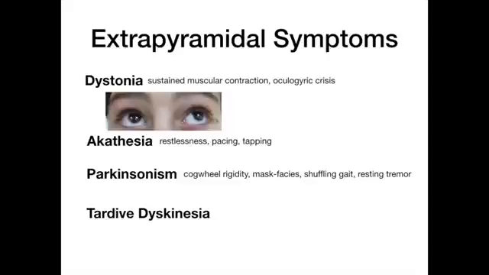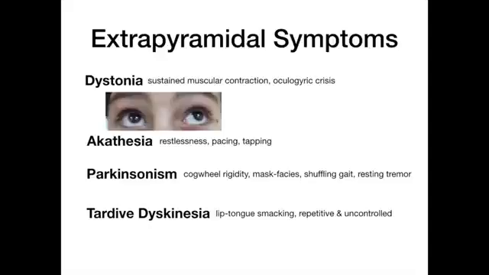The last one is tardive dyskinesia, and tardive dyskinesia are repetitive and uncontrolled movements of the lips, tongues, and neck muscles. So patients will move and smack their lips, they'll wiggle their tongues in very serpent-like motions, and their neck muscles will twitch a little bit. This is tardive dyskinesia. If you've ever seen somebody who doesn't have teeth, their mouth sort of moves like those people. People without teeth tend to open and close their mouth and smack their lips a lot because of the way that their gums feel. Tardive dyskinesia looks very, very similar. So lip, tongue, neck smacking, these are repetitive, uncontrolled movements.